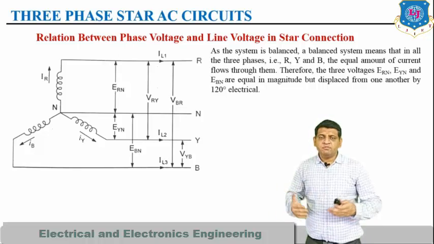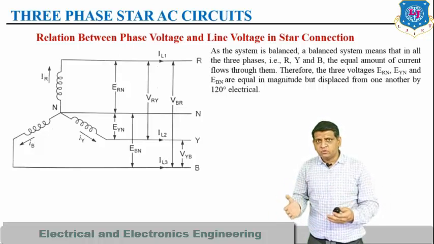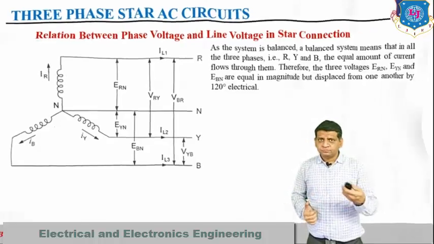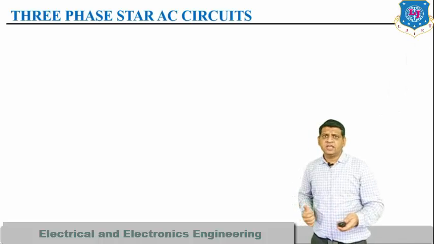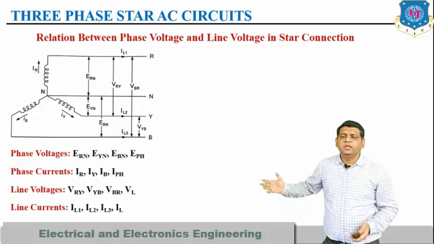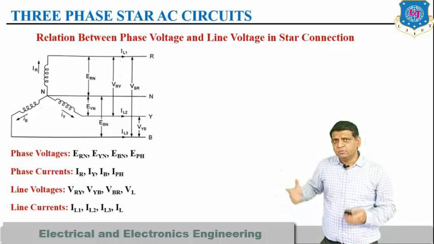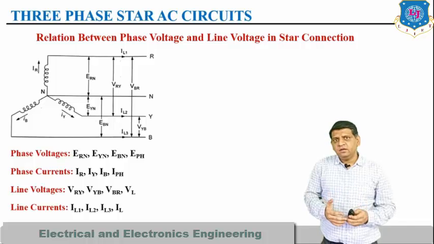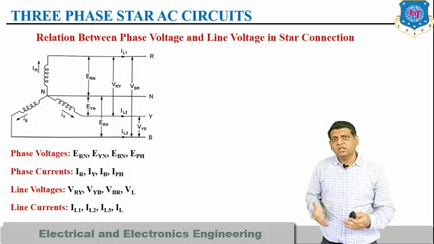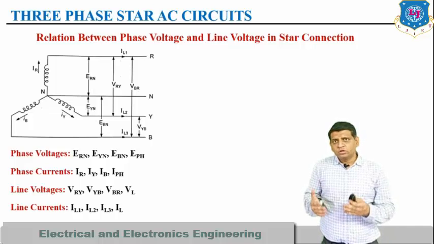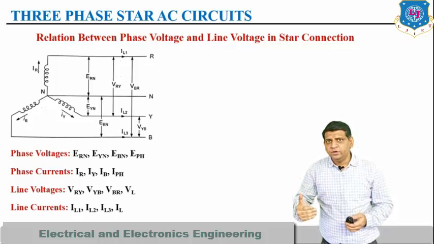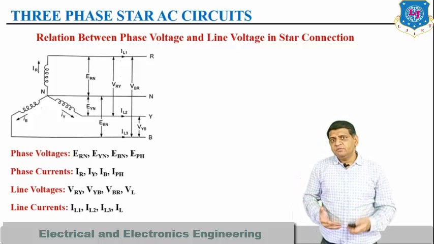So with this respect, if you are finding the phase voltages, line voltages, phase currents and line currents, by that way if we discuss further within the same circuit, you can see from this particular network that the phase voltages are nothing but ERN, EYN, EBN and EPH. I consider ERN to be the voltage between the red phase and the neutral common terminal. So that is represented as